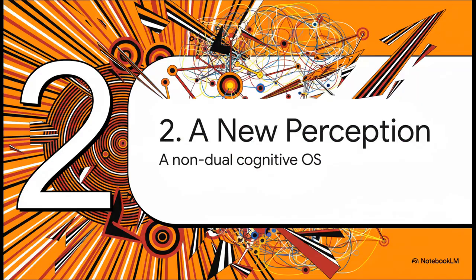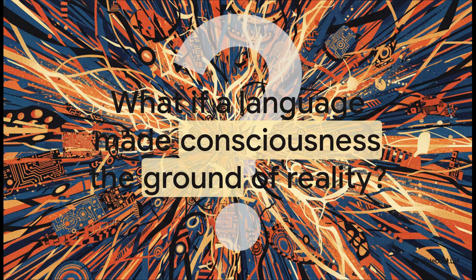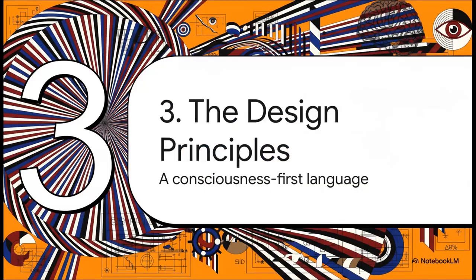Okay, so if our current language is a prison, how do we escape? What if we could actually rewrite that core algorithm? You know, build a whole new cognitive operating system, but this time one that's based on connection, not separation. And this leads us to a pretty radical question. Instead of having a language that's great at describing a world full of inert, dead objects, what if we built one from the ground up that assumes consciousness is the primary force that brings everything into existence in the first place?